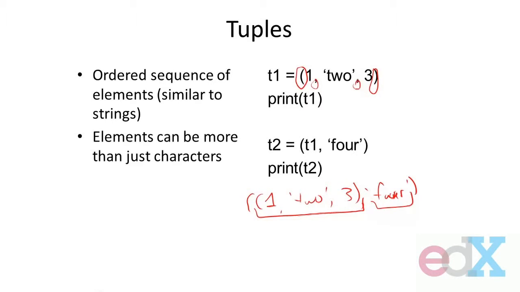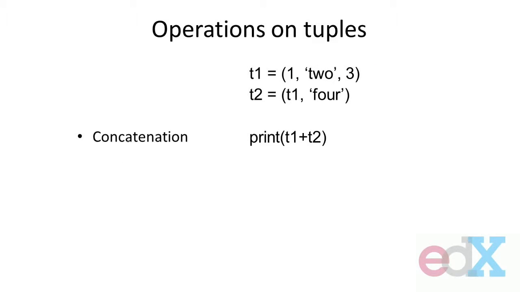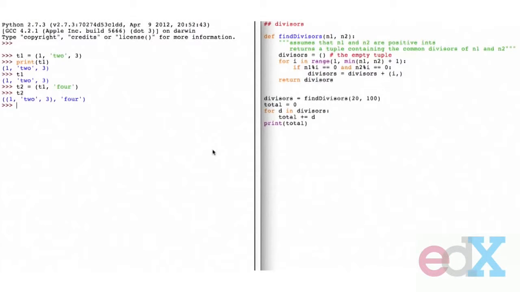Kinds of things, which is great. Okay, so what kinds of operations can we then run on tuples? Well, they're going to have some similarity to the things that we've already seen in dealing with strings. So I now have inside of IDLE, I've got T1 and T2, they're two tuples. I can do concatenation. If I do T1 plus T2,